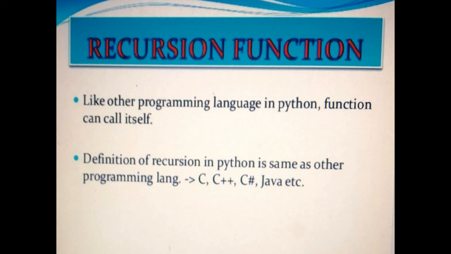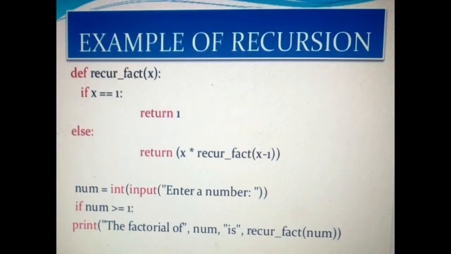Like other programming languages, the way of defining a recursion is the same. Recursion is implemented by dividing the recursive problem into two parts. A useful recursive function usually consists of the first part as the terminating part and the second one as the recursive part. The terminating part is used for the smallest possible problem, that is, when the function returns the value directly.